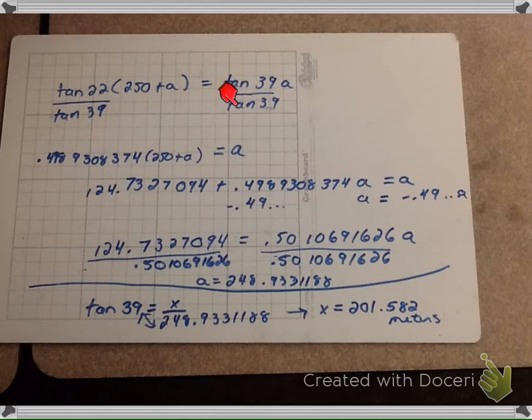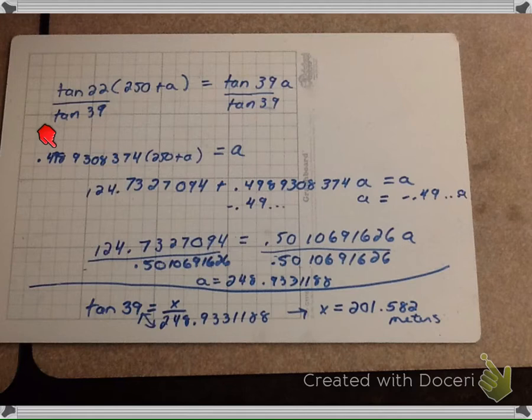Well, I don't even need to do this on the calculator. I know that something divided by itself is 1, so now 1 times a is a, and I have a by itself. Over here, I used my calculator to do the tan of 22 divided by the tan of 39, and on my calculator I got